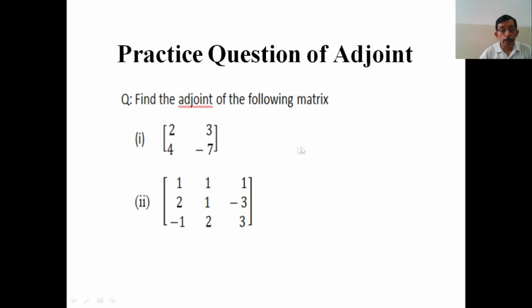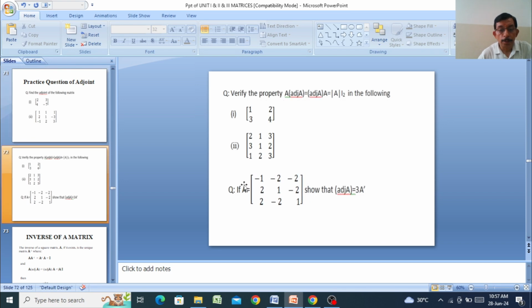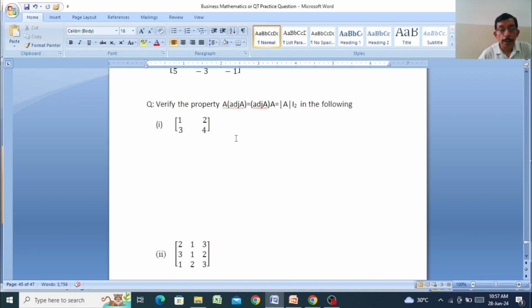Practice question of the adjoint. This one question is complete. The next question is to verify the property of this one. Now solve the word file and verify. The first question is verify the property: A adjoint A is equal to adjoint A multiplied by A